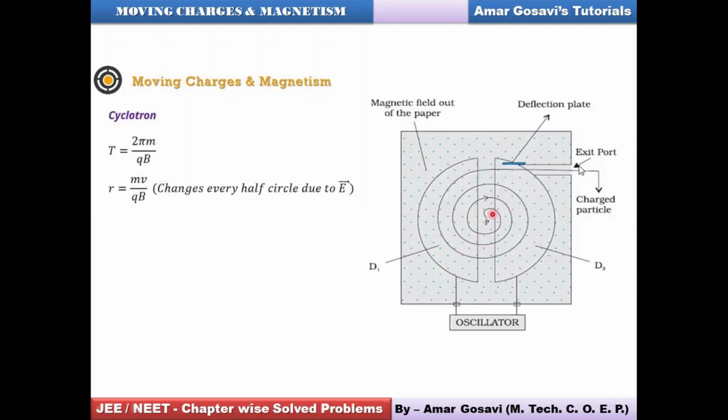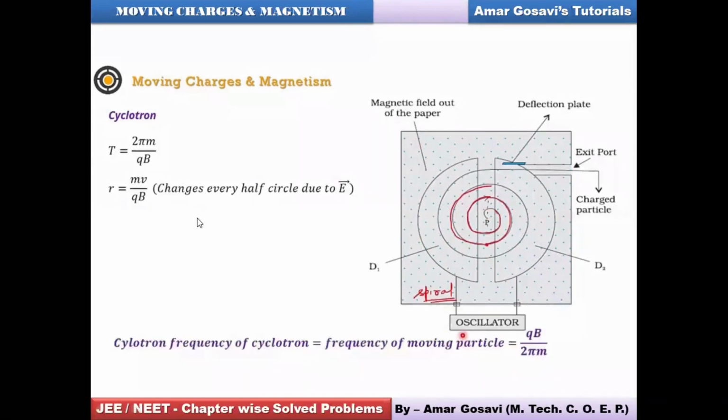Now when it moves out of the exit port, obviously it's going to hit the target, and the target is the nucleus, and then it disintegrates the nucleus. And correspondingly, what would be the time of change and what would be the radius? This is something which is being shown on the screen. You want to derive these formulas basically for frequency, radius, and time period for the cyclotron, friends. Hopefully the concept and the working of the cyclotron is clear to you.